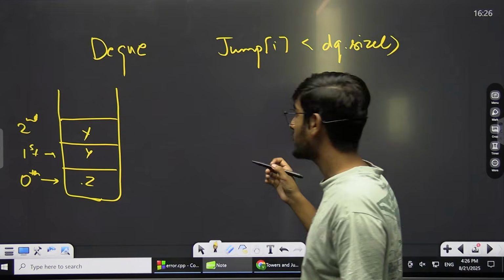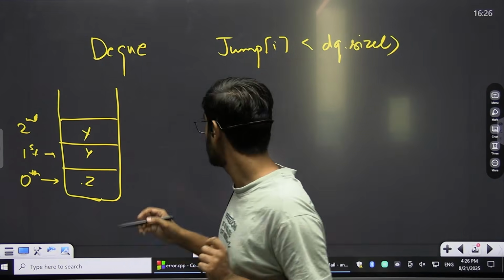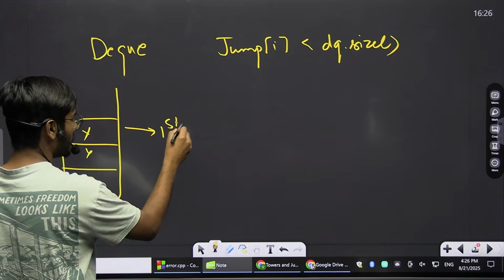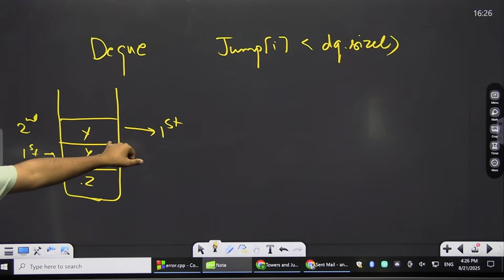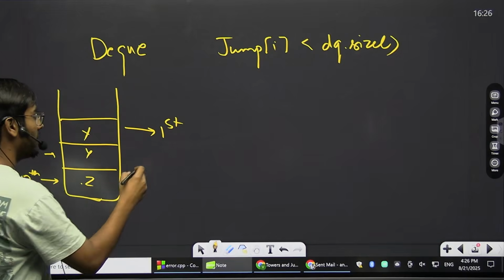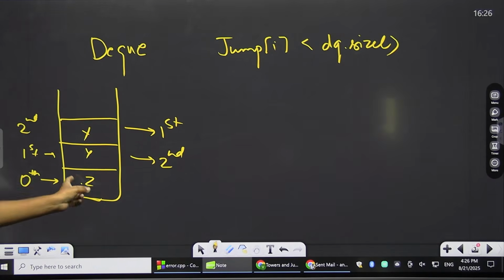Now what will happen in this? Let's say the maximum number of jumps a person can make is 1 only. Then I will have to return the next greater element. If a person can make only the first jump, then I will have to return the next greater element only. If let's say that person can do a maximum of 2 jumps, then